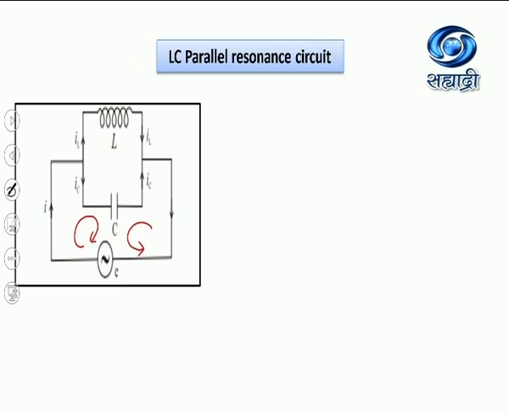Don't be under the impression that current will always flow in the same direction. It is only to understand the concept that when the current reaches the joint, the current will branch out into two. Some current will flow through the inductor and the remaining current will flow through the capacitor. Total current I is equal to IL plus IC. Only for this concept, the direction of the current is shown. Normally, we don't show the direction of the current when we connect a source of alternating current.